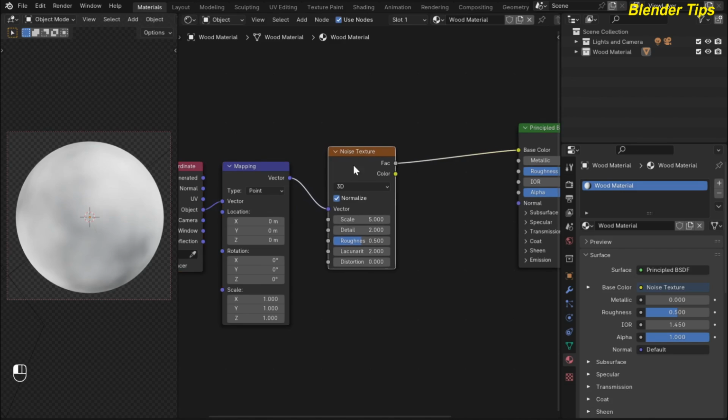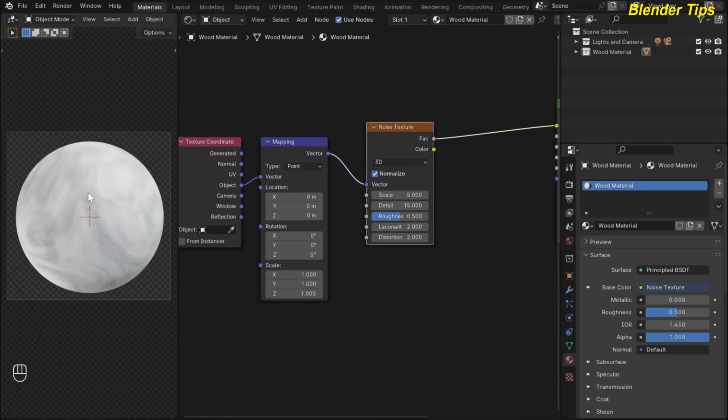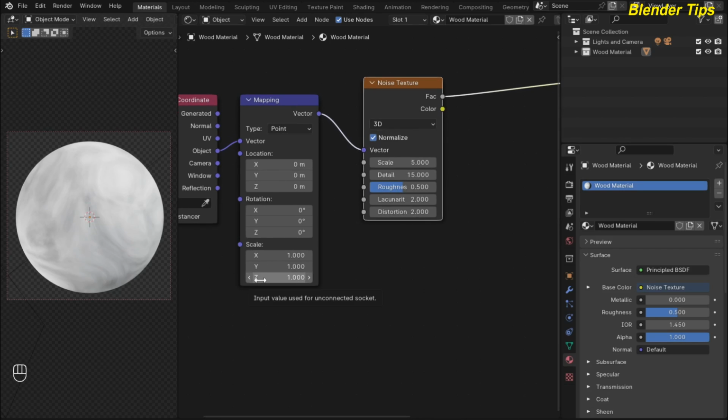Beautiful. Now I adjust some values of this noise texture, and here I increase the scale. I increase the detail up to the max, which is 15, and also increase the distortion of this noise, and here I put the value 2. Beautiful. I also want to stretch this noise texture along the z-axis and then rotate it 45 degrees. So here I increase the scale of the mapping, and I put the value 3,